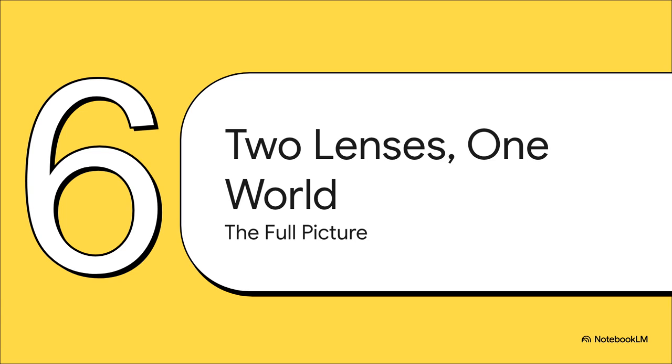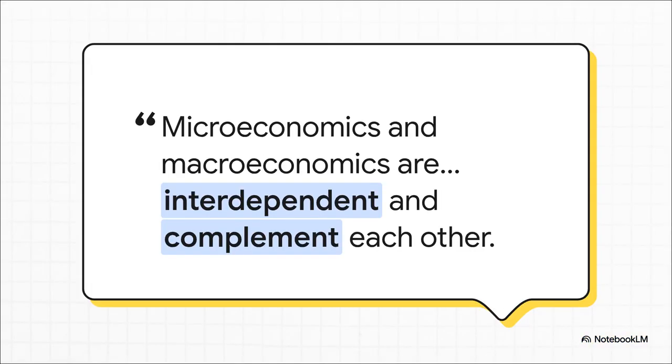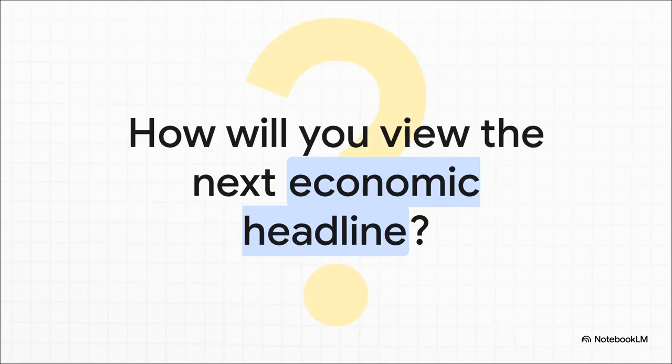So when it all comes down to it, this isn't a competition. It's not about which one is better or more important. They're just two different lenses for looking at the exact same complicated world. As Investopedia puts it, they are interdependent and they complement each other. To really see the full picture, you need both. You've got to be able to zoom in on that single tree and then zoom right back out to see the whole forest. So from now on, the next time you see a news story about the economy, whether it's about inflation rates or a single company's prices, you'll have both lenses. You'll be able to ask yourself, are we talking about a tree here, or are we talking about the forest? And maybe most importantly, how do the two connect?